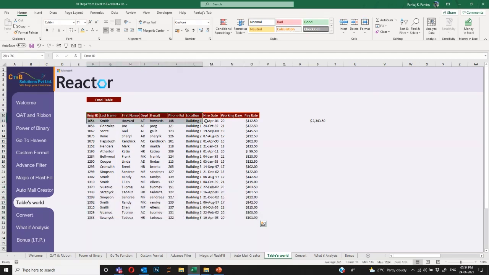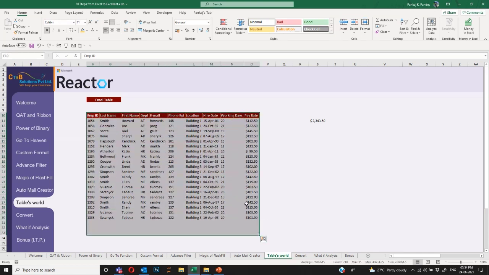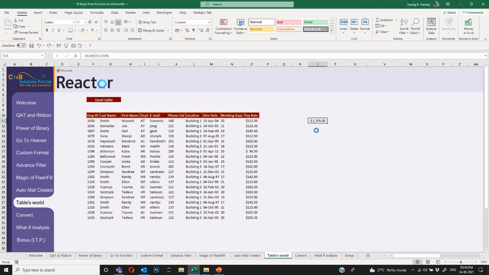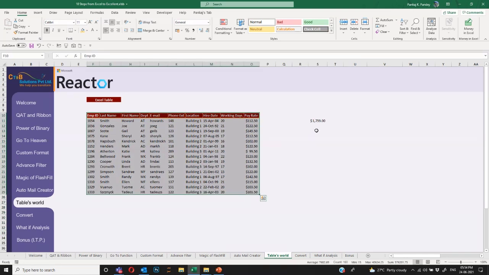Some people think smarter. What they do is select the entire column, which unnecessarily increases the file size. So to avoid those things, my suggestion is never do that. Never just choose entire columns. They unnecessarily increase the file size, and if you are using volatile functions, they will take a lot of time in calculations. So the solution to all these problems is to always work with a table.